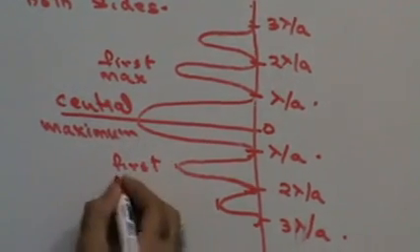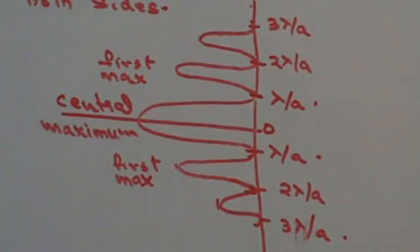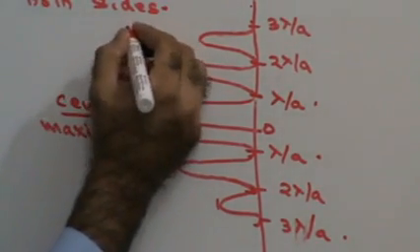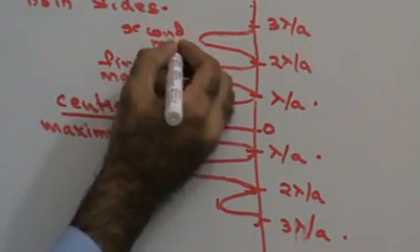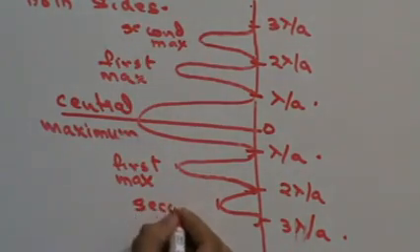So you will have alternate dark and bright bands, and the intensity of bright bands will go on decreasing. This is going to be my first maximum on both the sides. Then similarly you will have second maximum, third maximum and so on. This is going to be my second maximum. This is also my second maximum. Here you can see that from the length of the wave, the intensity goes on decreasing,